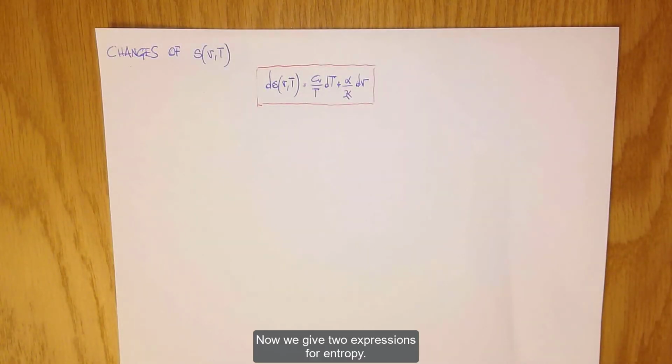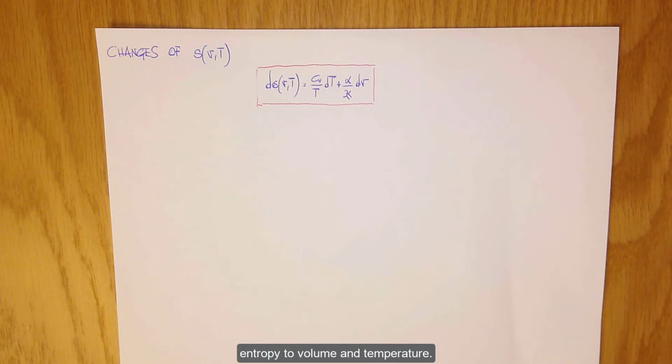Now we give two expressions for entropy. The first expression correlates entropy to volume and temperature. The second expression correlates entropy to pressure and temperature. We start with obtaining the expression in the red box, in which the change of entropy is a function of